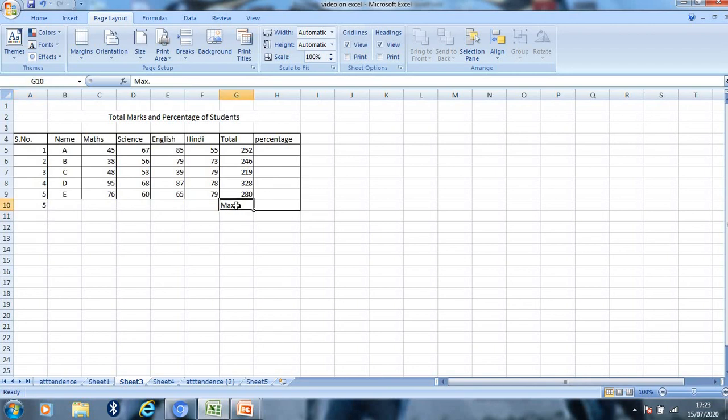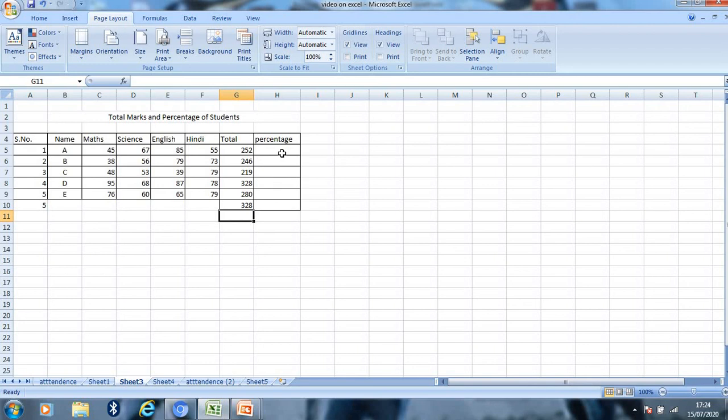So here I am doing it: equals to max, again open bracket, then the range is from G5 to G9. So I am typing here G5 colon G9, then bracket close, and then press enter. As you see, the maximum marks are 328, and these are shown here.